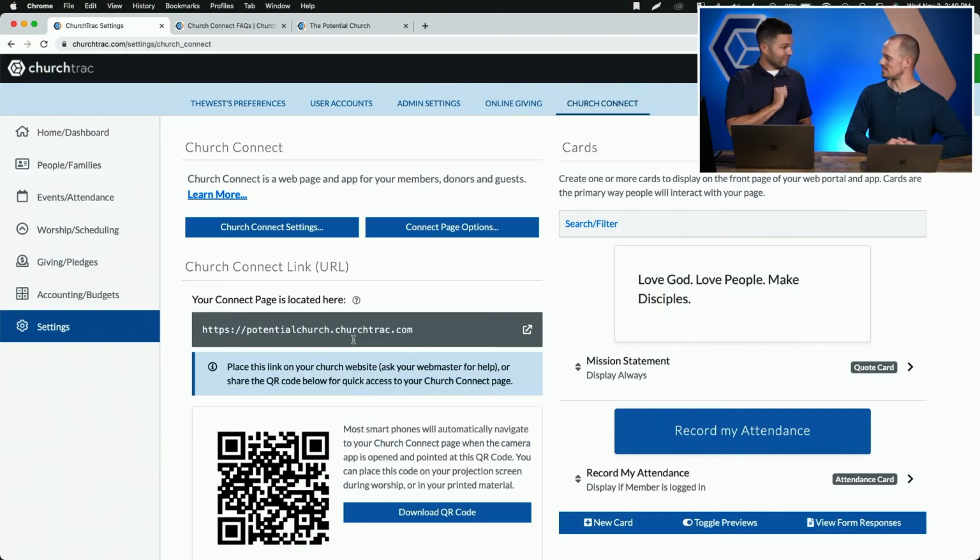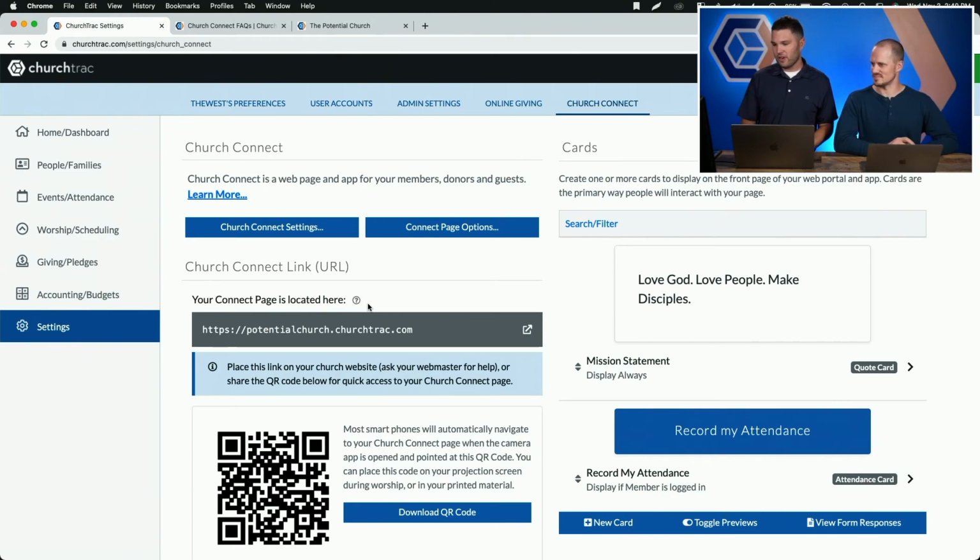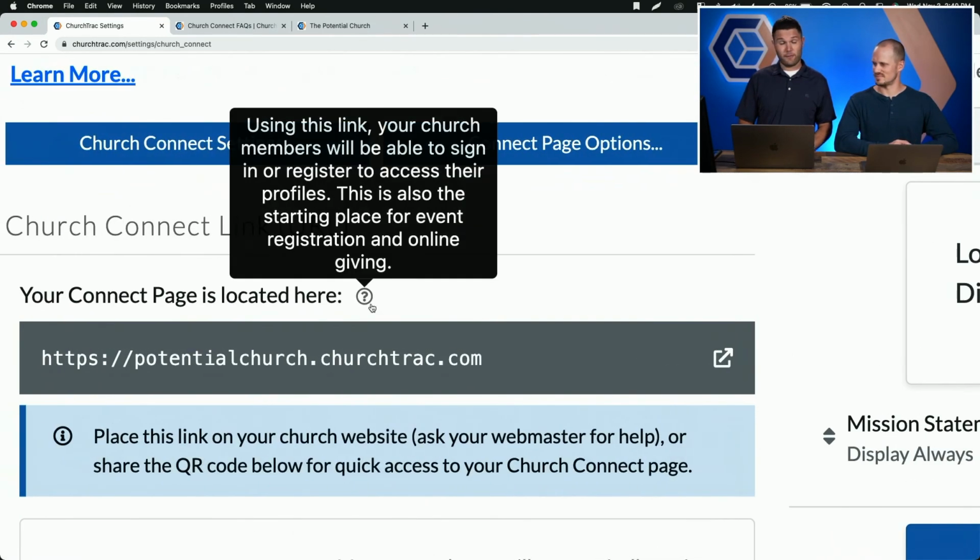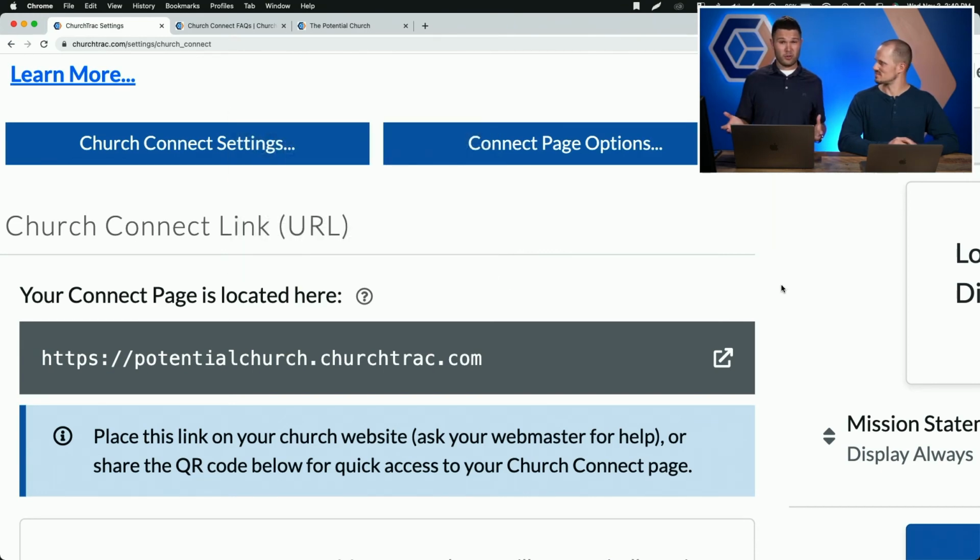And you will have your domain forwarded to the URL of your choosing. What is that URL, Matt? It's the one that you are provided with or that you can customize yourself on the Church Connect tab. Correct. So if I go back here to my Church Connect within ChurchTrac, this URL is the domain that I'm going to forward to. And so let's say my domain, just for our purposes here, is potentialchurch.org. Then I would just have my domain registrar forward to this URL that I'm showing everybody. And so when my church people punch in my website, like they always have, it's going to go straight to